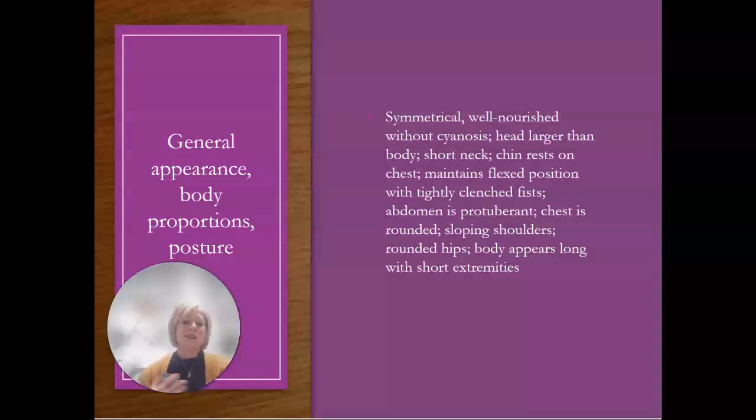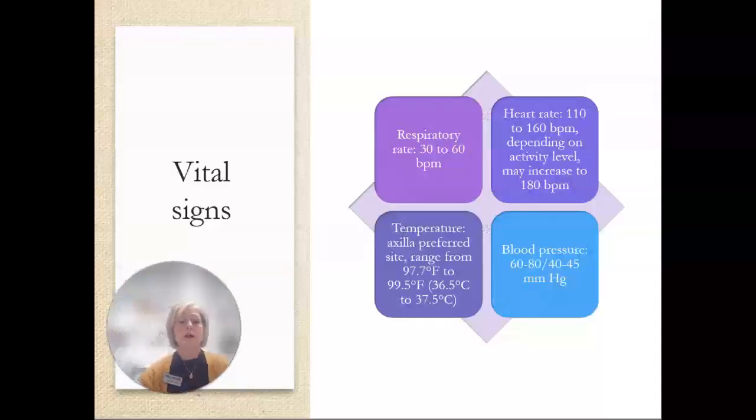Looking for all of these kinds of abnormalities that you might want to look for. So we're going to do vital signs. You need to know the vital signs. Respiratory rate in an infant, anywhere from 30 to 60 is fine. So when they get over 60, we start with that